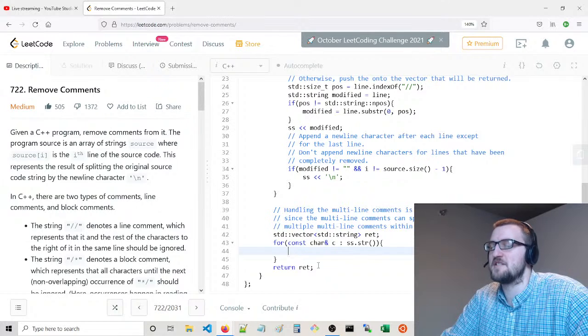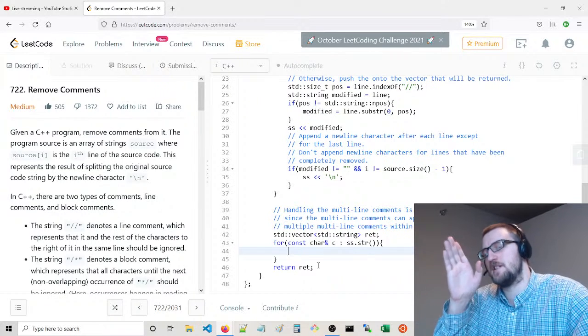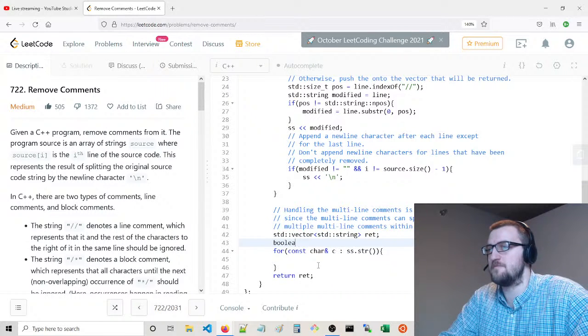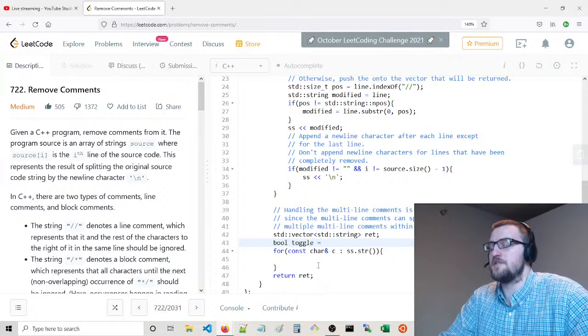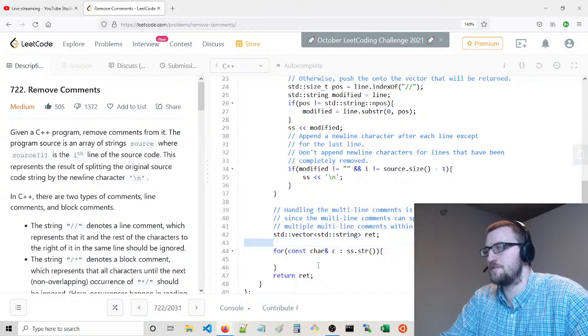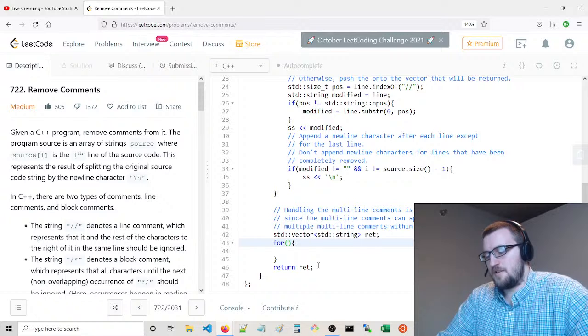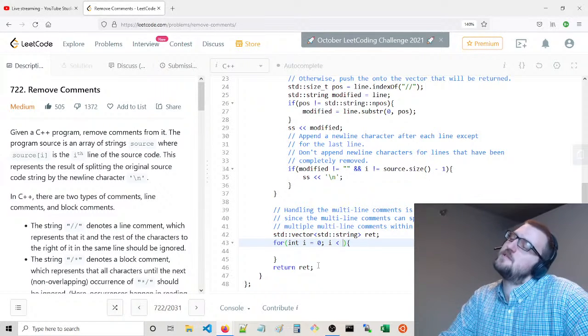All right, so handling the multi-line comments is pretty simple. We just look for a slash followed by an asterisk, and we just have a toggle. Actually, you could do something like the following. You could do it this way. We use a raw loop.